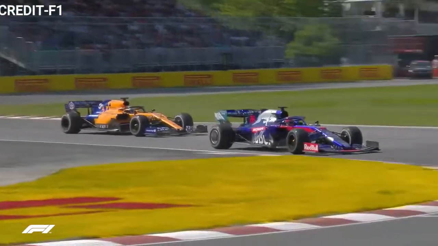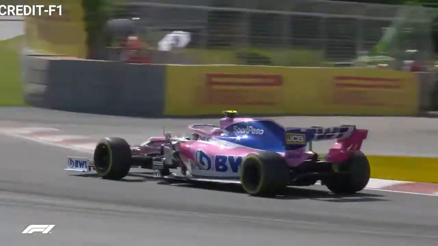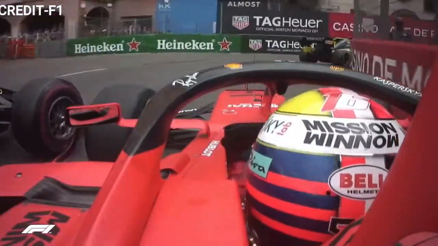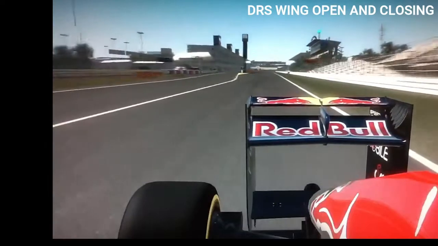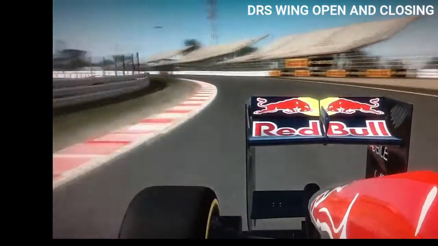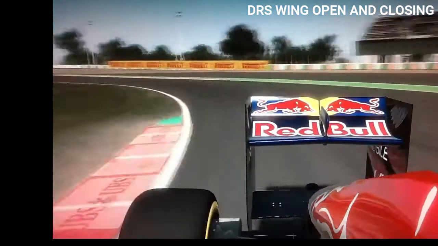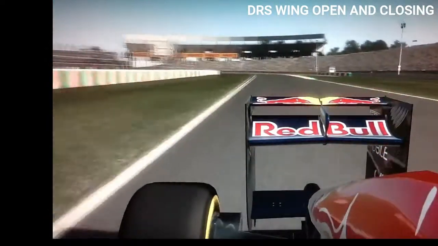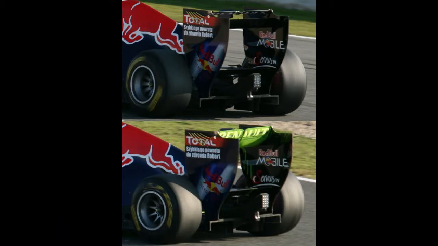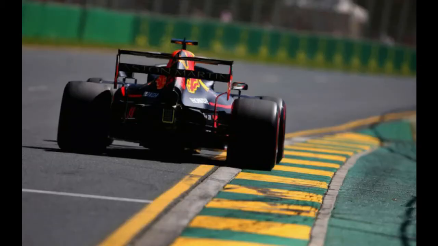So now let's get into a little bit more detail about the rules under which you can use the DRS system and how it helps to overtake. Every track has a DRS zone, that is particularly a straight path of road where you can overtake. You could have either one or two DRS zones on the track where you are allowed to use this system. It can be used in practice sessions, in the qualifying sessions as well, and the race obviously. So it's even useful to get in a good and fast qualifying lap to start as high as possible.